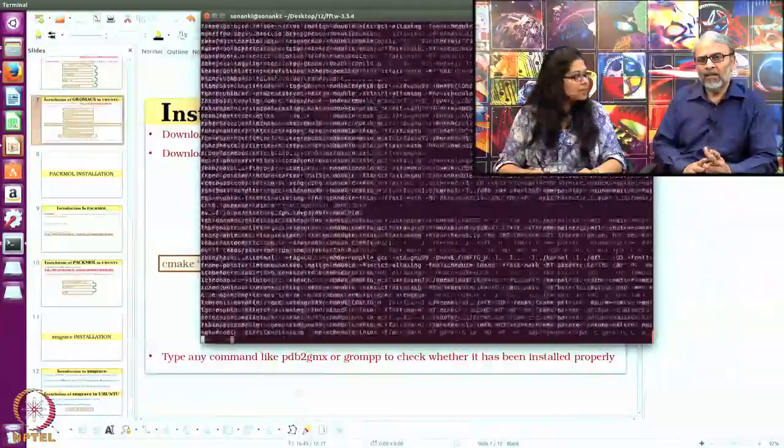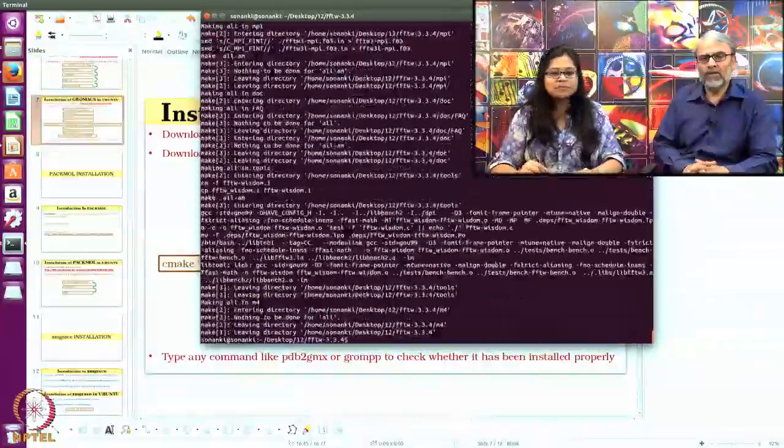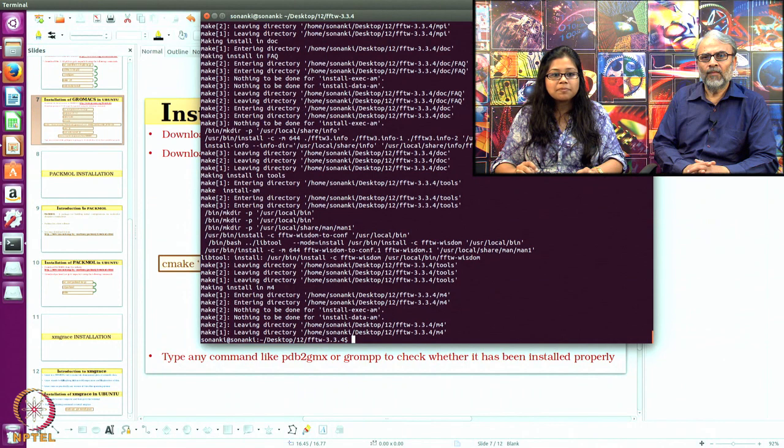But did it give an indication that there was a problem with FFTW? Yeah, it was written in the above line. Okay. So this is done. Now I'll run sudo make install -j6. So it will install my FFTW. Is the installation done now? Yeah, it is done.